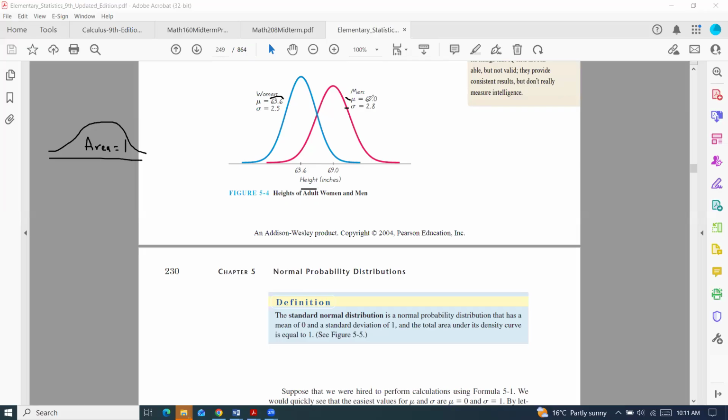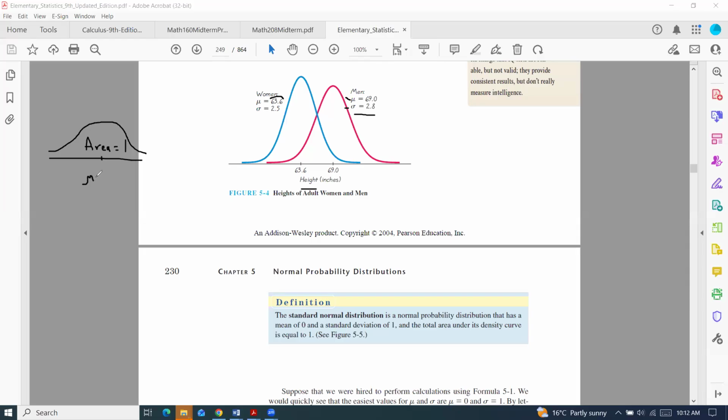The height for men is a little bit bigger, 69, and the height for women is a little lower, 63.6. And the standard deviation is the level of spread, how wide the distribution is. Some of them may be wider, some a little bit narrower, but what we do is start with studying